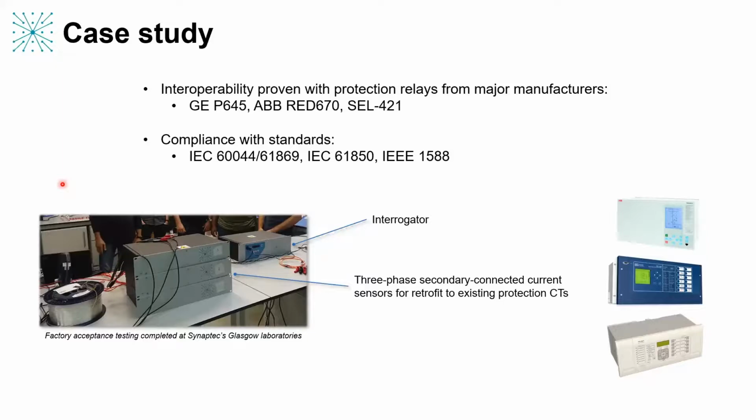Now, in the second application that I just talked about, where we're performing centralized busbar protection inside a substation for a European TSO, we're performing the protection algorithm on board our Interrogator unit. So on board this device you can see here, and that's actually outputting the trip signal. We can do that either via a dry contact on the rear of the device for legacy systems, or we can use a 61850 GOOSE message to deploy that trip signal as well. So we can do either approach, and we're very flexible as to how that's deployed.